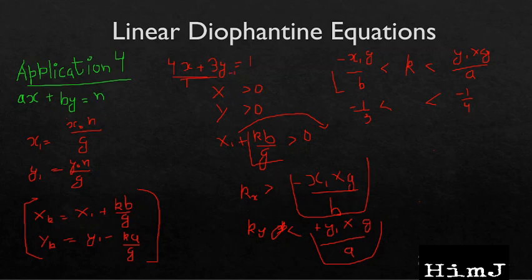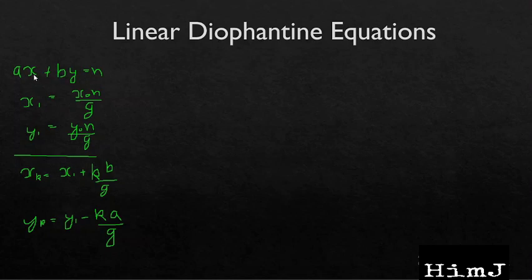We have already checked with the logic, and this logic can be extended further. We can call it application number 5, but again it is simply an extension of this concept. So let's extend this concept. We have checked whether x and y exist such that both are positive integers. Now in the problem they may also ask to check whether x and y exist between a range, that is x lies between range, let's say x start till x end, and y should lie between y start and y end.